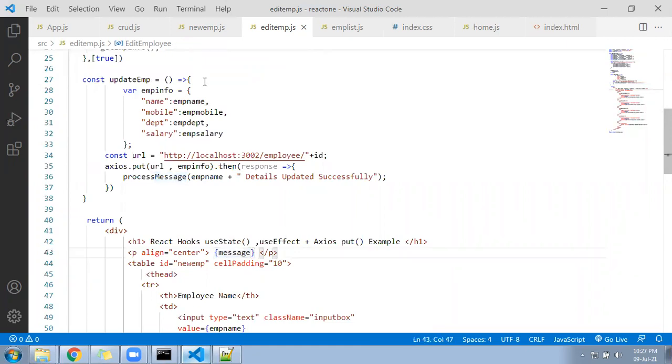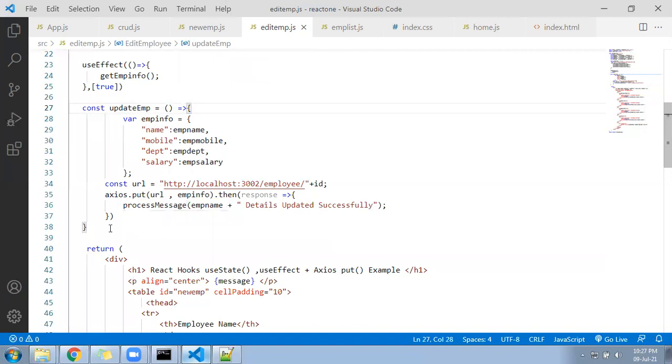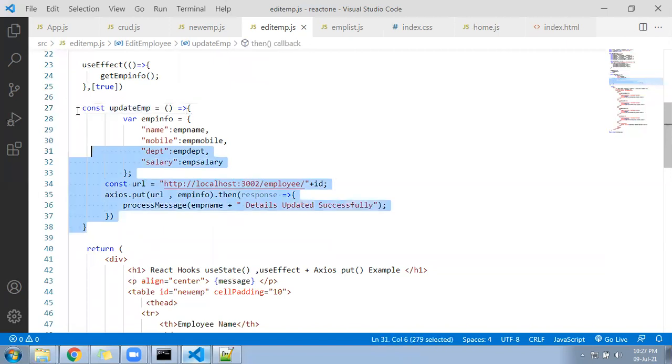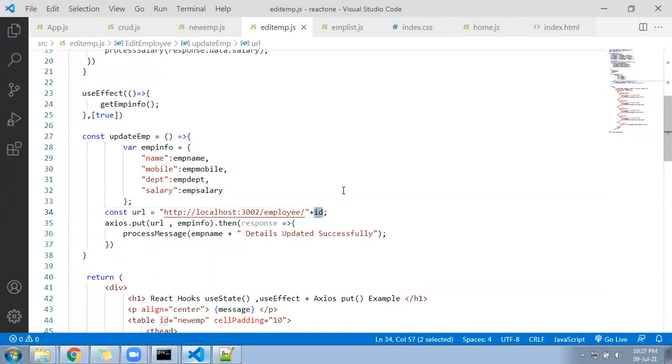So now next, just test it. See what you wrote under the edit part. Nothing, very simple. We just created the array. We capture the value from the state. We wrote a URL, but while binding the URL, make sure you are passing the ID at the end. Then you will ask what is this ID? This ID is coming here.